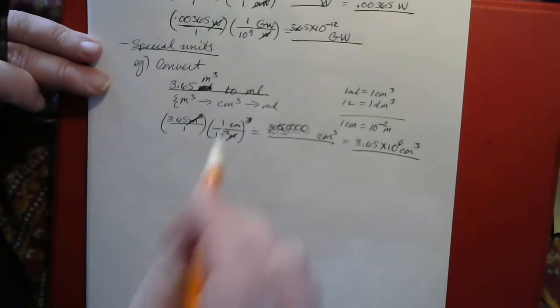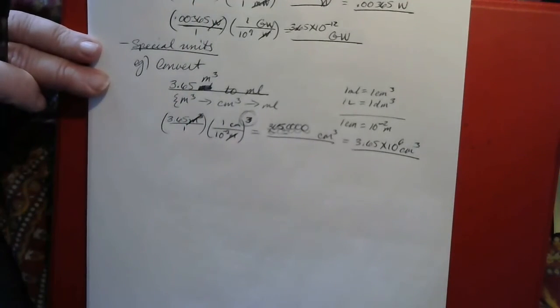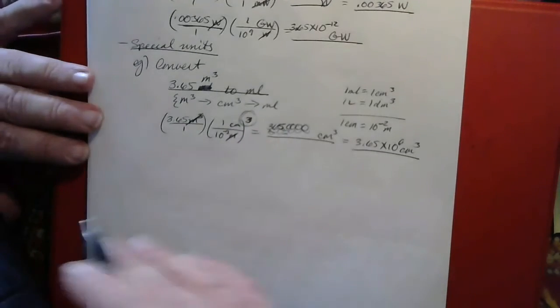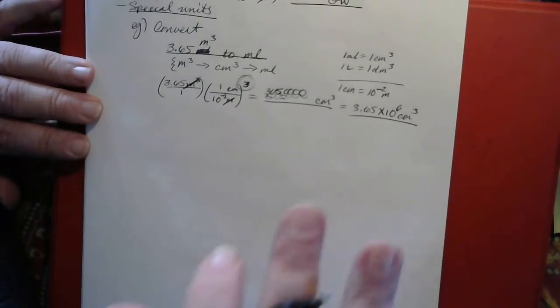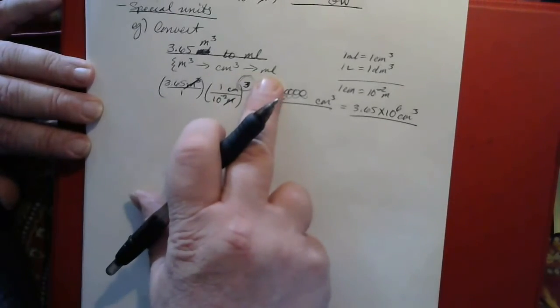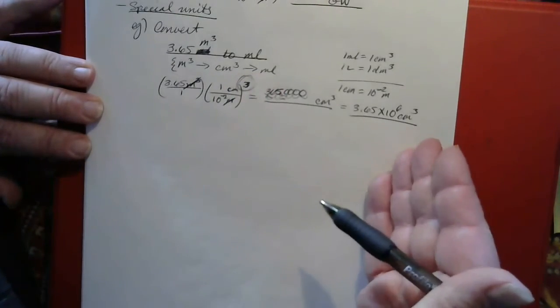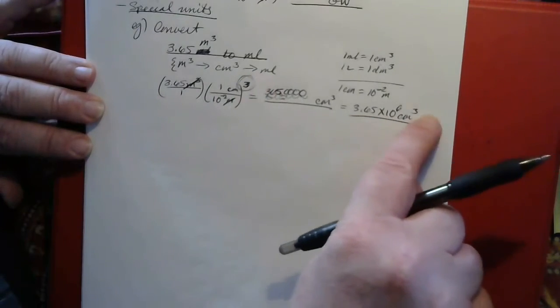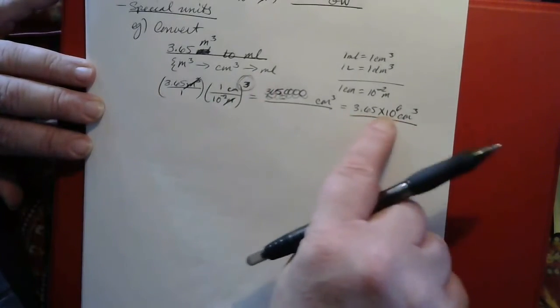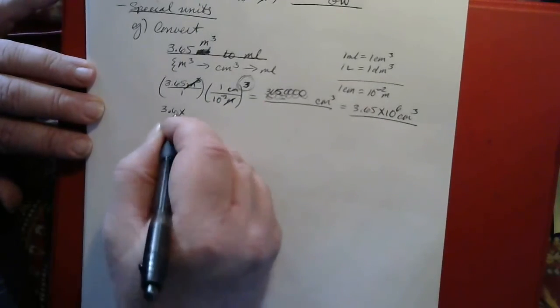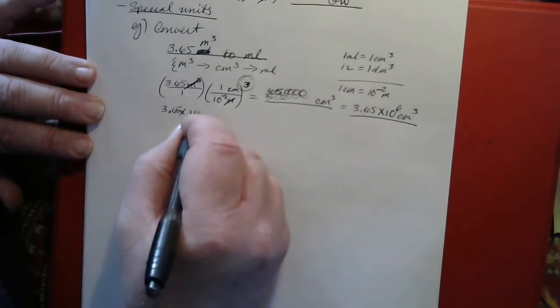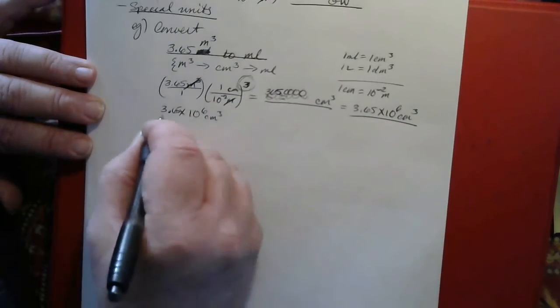Sometimes when I'm doing problems like this, I will actually circle the exponent, or the power of the fraction, just to make sure that I don't forget what I'm doing and sort of go right by it. So in other words, 3.65 times 10 to the 6th cubic centimeters. And we actually now know that cubic centimeters is the same thing as milliliters. So you're effectively done. You could just say that this is equal to the same number, 3.65 times 10 to the 6th milliliters. Or if you want to make it really officially official, you could take 3.65 times 10 to the 6th cubic centimeters